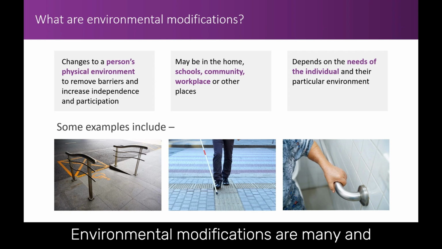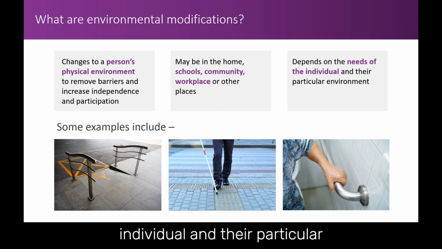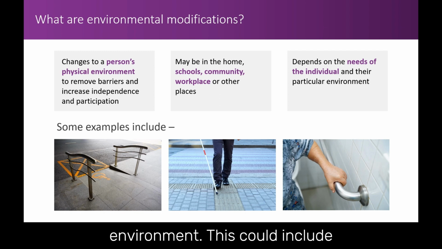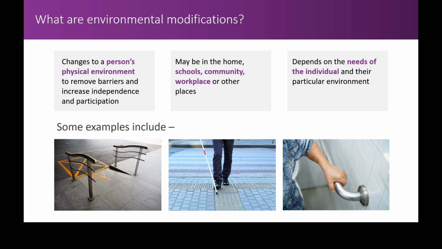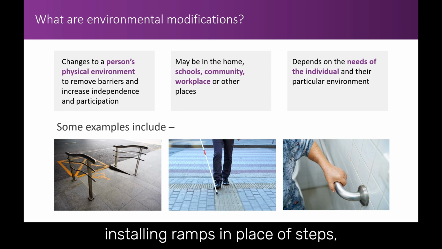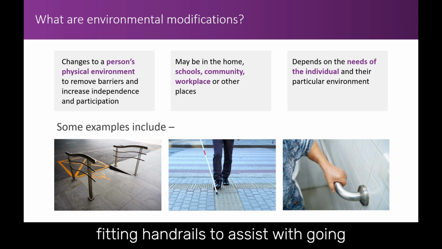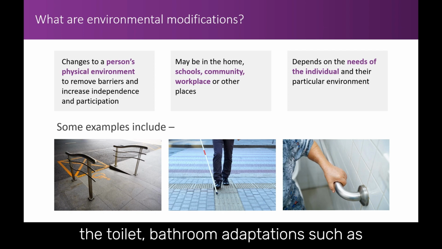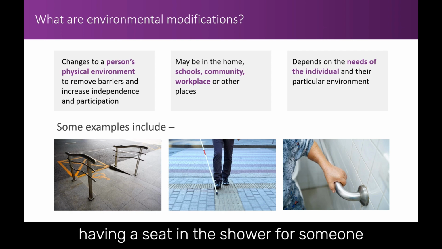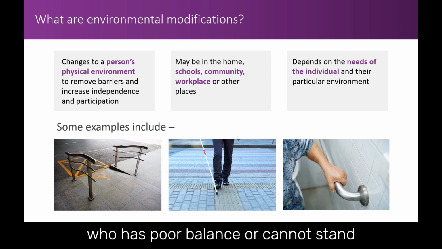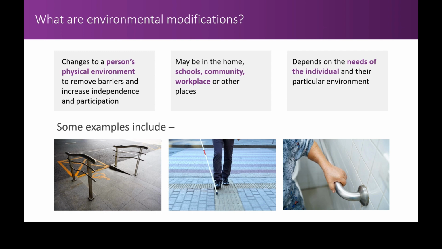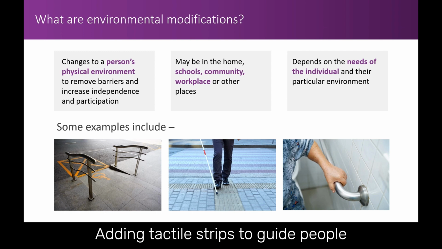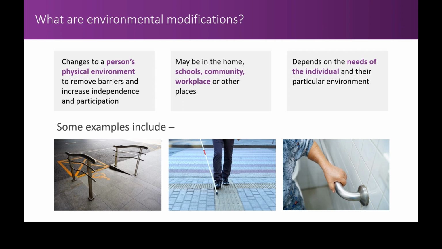Environmental modifications are many and varied and depend on the needs of the individual and their particular environment. These could include installing ramps in place of steps, fitting handrails to assist with going up and down steps or getting on and off a toilet, bathroom adaptations such as having a seat in the shower for someone who has poor balance or cannot stand safely or independently, adding tactile strips to guide people with vision impairment,